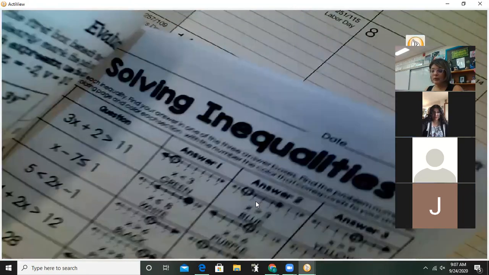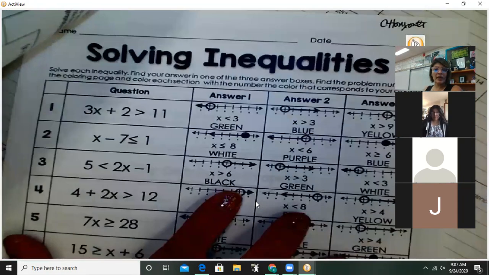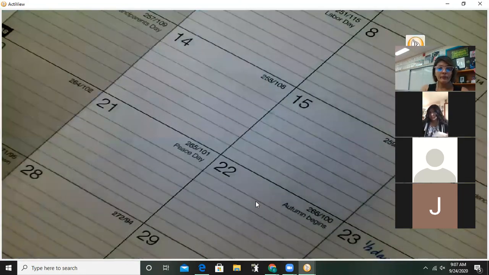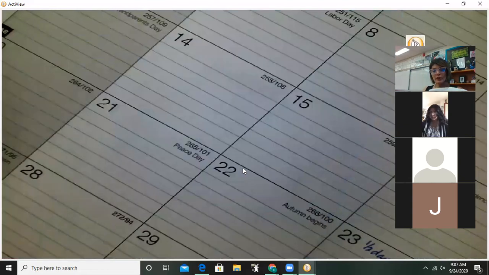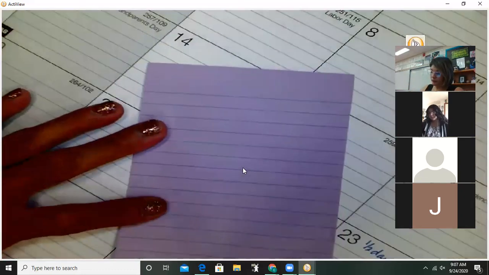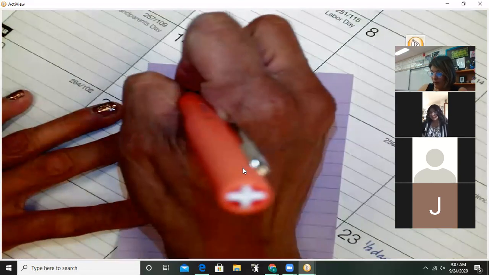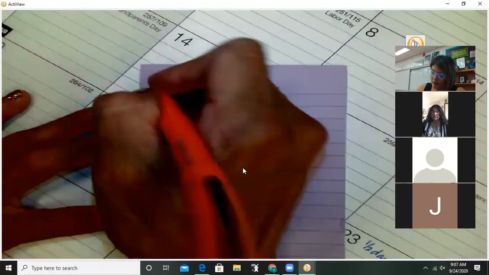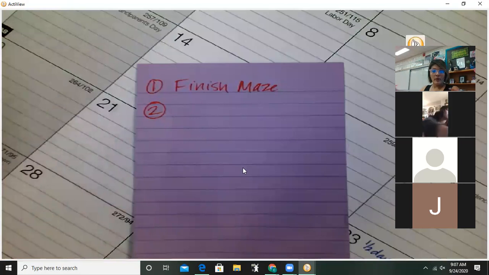So tomorrow we're gonna work on solving inequalities together. And then we are going to review your study guide so we can get you started with your test. Okay? So your job today, and I'll write it down for you. I'm gonna get a Post-it just for you. Number 1, finish maze. Number 2, you're going to work on